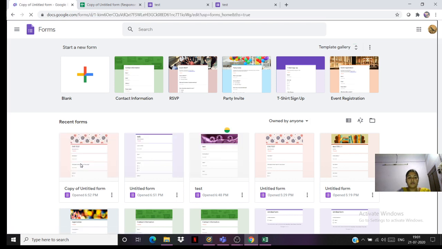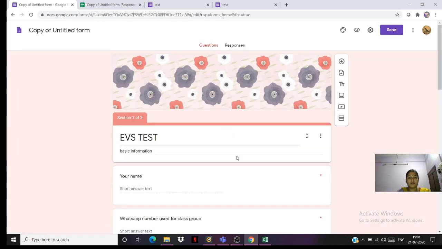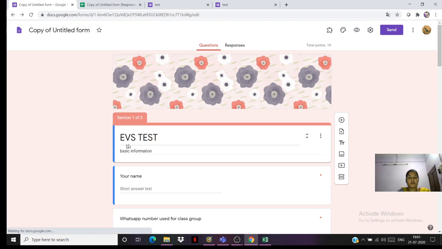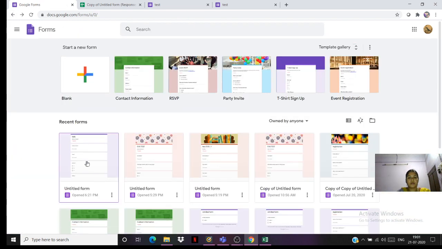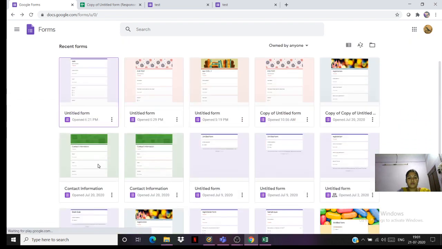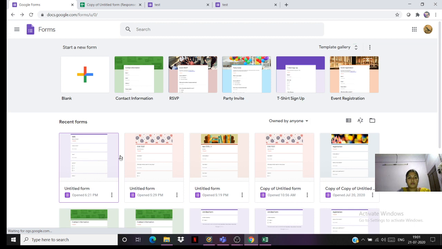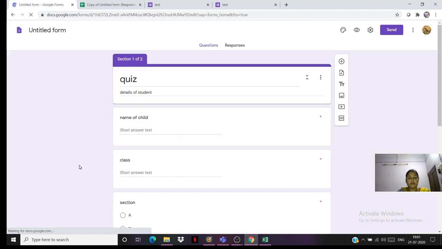I made this form. So I made this form just now. I want to share this with the children. So I will click this send button.